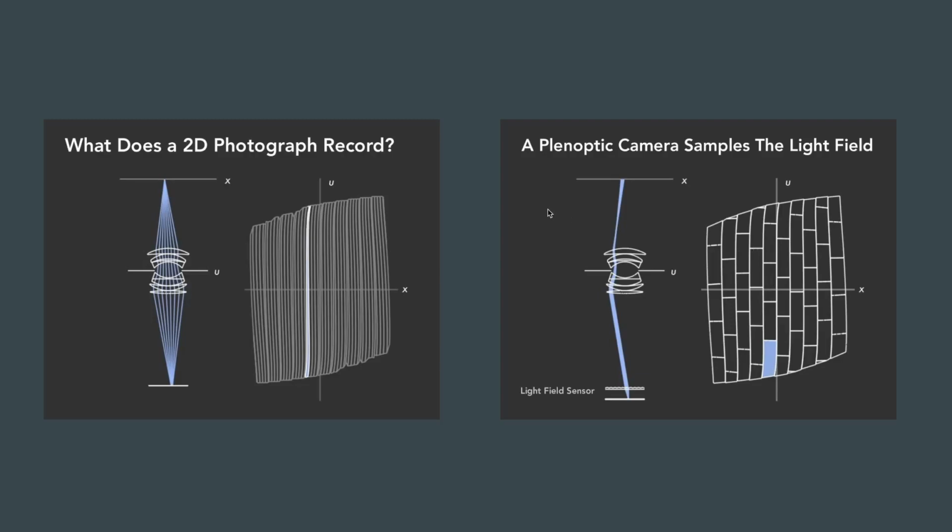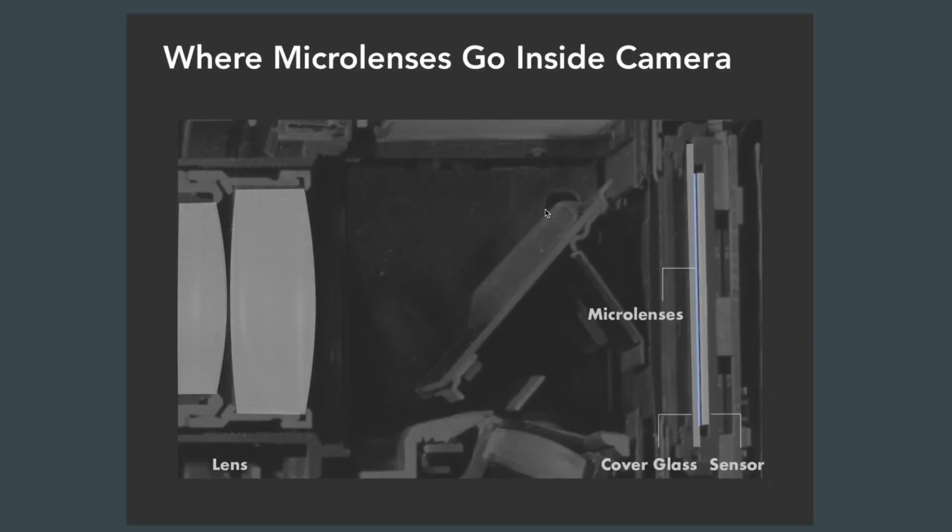And that is due to this special thing called a microlens. It comes after all of the lenses and just right before the sensor, and it's this bumpy lens that will split apart these rays so that